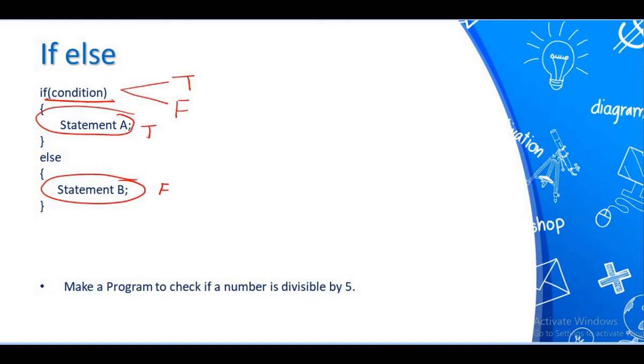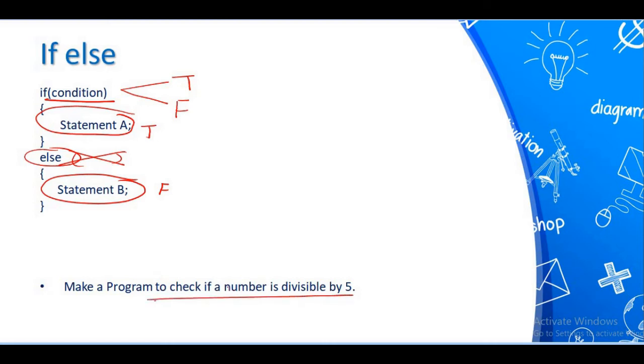Again, the condition can be any relational or logical expression. It should be a Boolean value. And we know that when we evaluate any relational or logical expression, we get either true or false. Now you cannot give a condition with else because else is actually the otherwise. So if the condition is true, then execute this. Otherwise, execute this. You are not supposed to put a condition in front of else. So this is basically the if else statement.